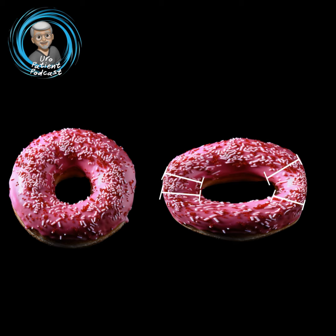The UroLift system procedure begins by inserting an implant delivery device into the urethra. An inserted cystoscope provides the physician with visibility to the anatomy. Once the tip of the delivery device is in the bladder, the needle safety is pressed to unlock the device. On reaching the area of the urethra blocked by the enlarged prostate, the obstructive tissue is moved aside. A trigger pull inserts a curved 19-gauge nitinol needle through the prostate. A second trigger pull deploys the implant, anchoring a small nitinol tab outside of the prostate while partially retracting the